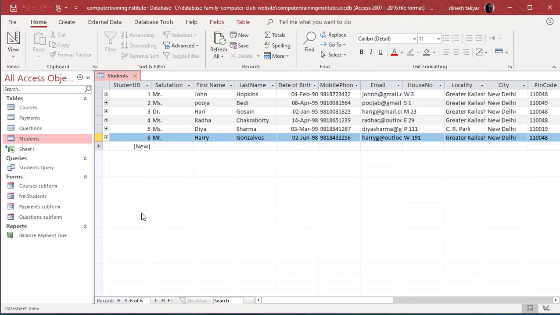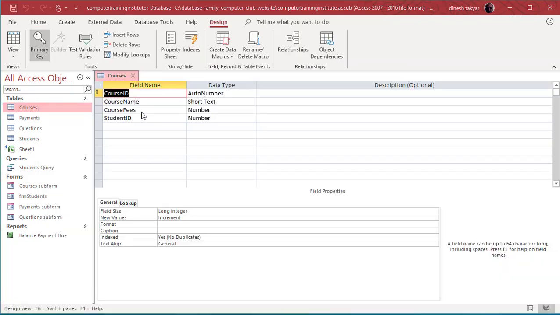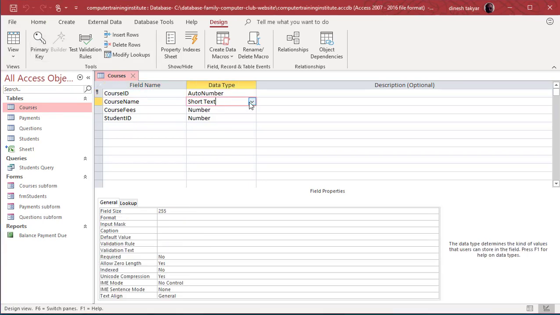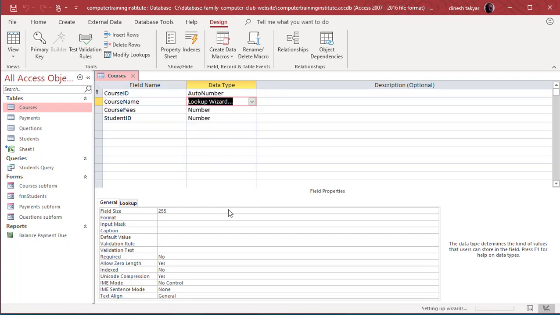Now, let me show you in the design mode. I'll just close the students table. In the courses table, how I get the course name and the price. So we can go to the lookup wizard.